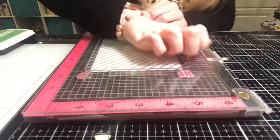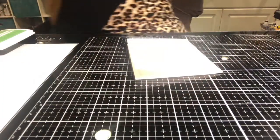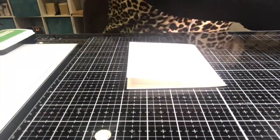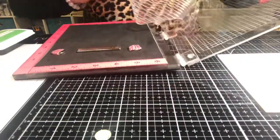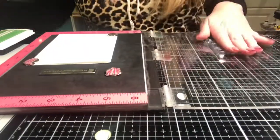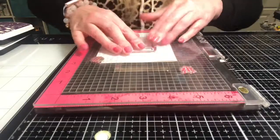And because I didn't tape it down, I wanted to really press well because I didn't want to stamp it again, because I knew that it would shift a little bit and you wouldn't get those clean, crisp lines. So it was at this point that I realized, oh crap, I meant to use a mask and mask the camera off. However, it didn't turn out too bad because the lines in the middle were super light, and I was able to take the camera stamp from Oh Snap and use the grape juice, ink it up, and it actually comes out very nice on top of the stripes,